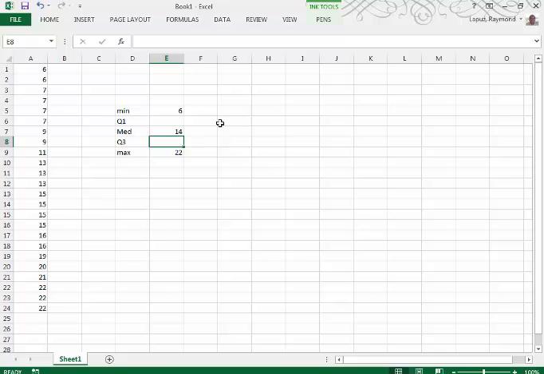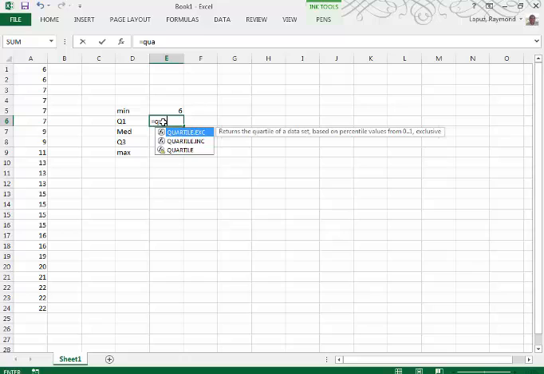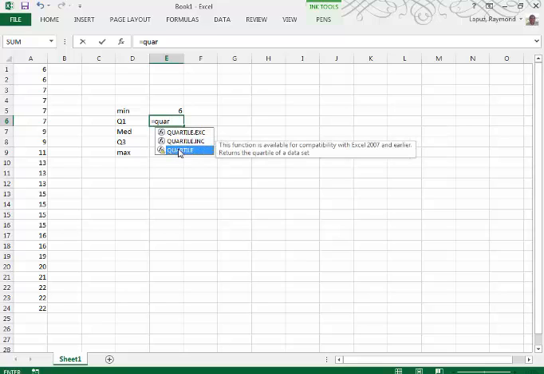Now the quartiles, there actually is a command called quartile. So let's look it up. Equals QUAR. There are several quartiles here. There's quartile exclusive and quartile inclusive. I'd actually just prefer to use the quartile that doesn't have anything, and this is the same command that you would use in older Excel versions. The 2007 version has this. So if I double click on this,